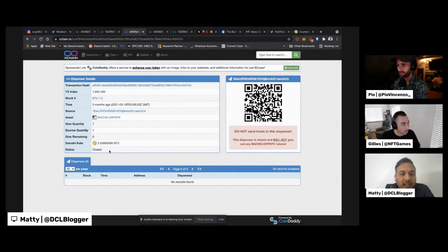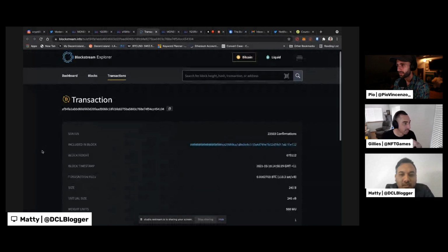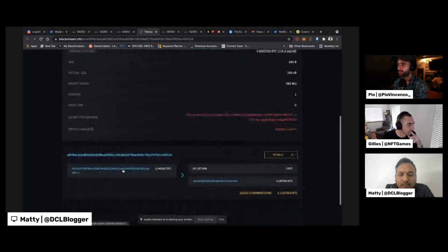I don't actually know that. So he could have delisted it as well, because if you go to the transfer hash, you might be able to see it in there. I'm still learning this very quickly. Generating confirmations. Wait, if you scroll down,